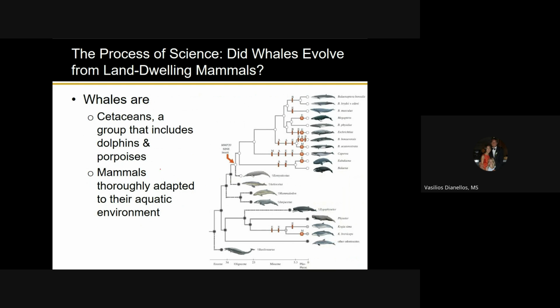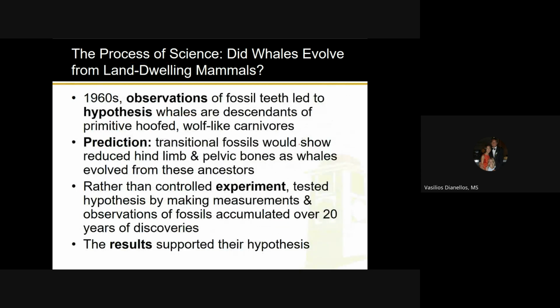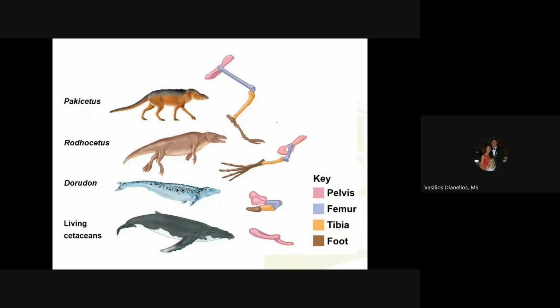All right. We're going to skip this. Again, this is from the old textbook. Every chapter had something called the process of science, which I love, and this is why I included it. I try to keep it in all the PowerPoints. So you can read this if you want. It's a great example of evolution and taxonomy and how we classify all these different whales. But I'm not going to go through this because I'm not going to test you on it. But I will quickly mention, actually, we'll come back to this. This will be important later. You can see all these different bones. And again, we'll come back to that.